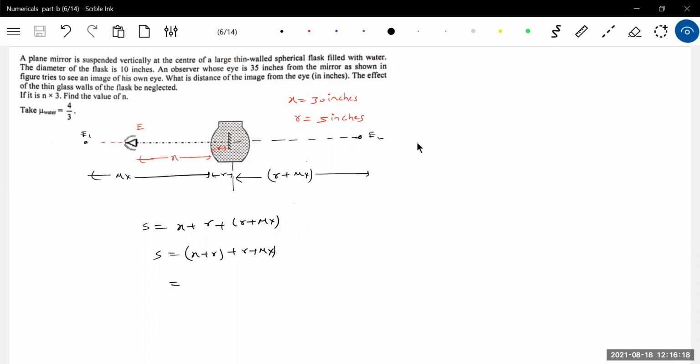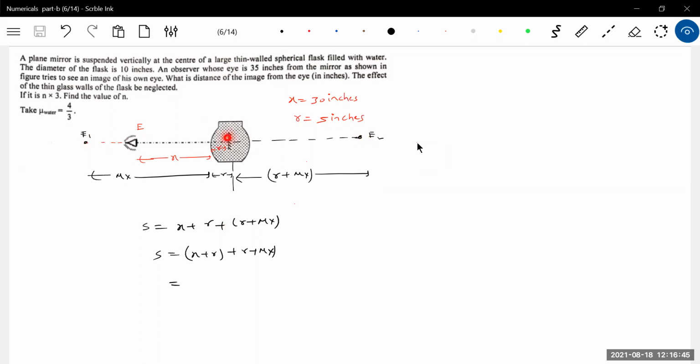I want from the student the thinking. Shall we stop it here, or do you want to add any correction here? For this, I think you should take help of the ray diagram. What actually happened? The rays emitted by the eye will undergo refraction. Due to that, for the mirror, this eye will appear at E1. Agreed? Then after refraction, it will undergo reflection. Due to reflection, the image will be formed at E2.